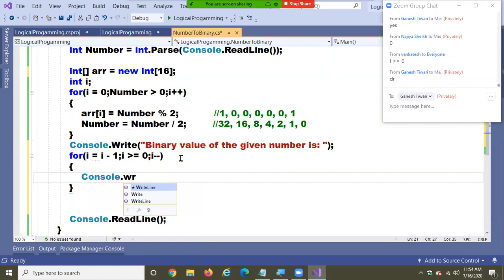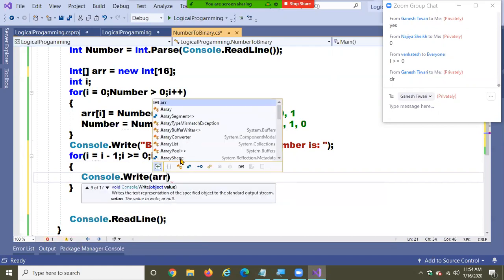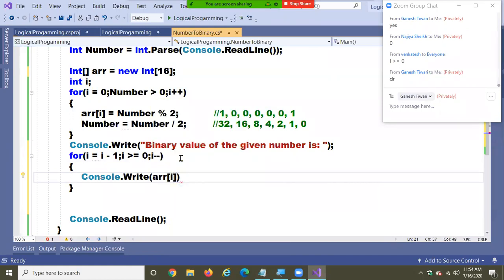Console.Write. Write what? ARR of I. ARR of I. I'm printing from where to where? 6 to 0, if it is 7. If I is 8, 7 to 0. If I is 16, 15 to 0. Clear? If I is 7, I will print 6 to 0. If I is 16, I will print 15 to 0.